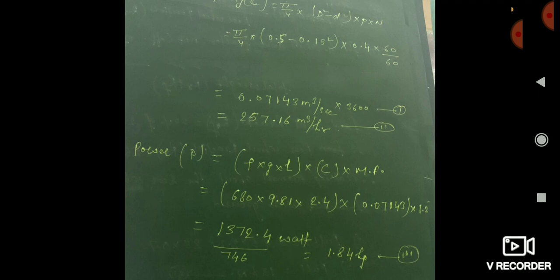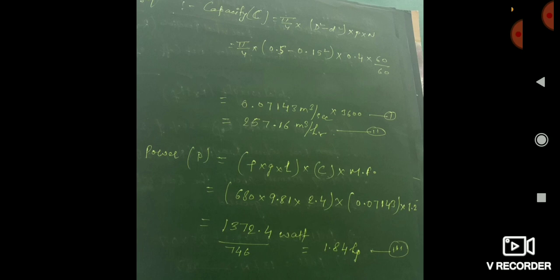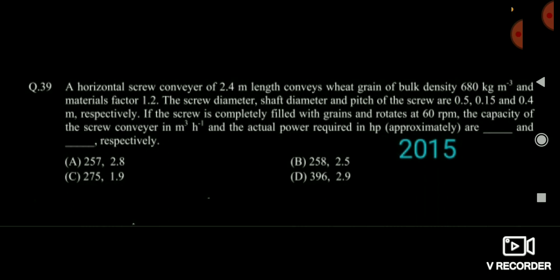Friends, in this question you see that material factor is given. So you should always remember that when material factor is given, while calculating power, we should multiply with material factor. That is 1.2 is given here in the question. So you should multiply with material factor. Friends, you see that in case of capacity, we don't have to do anything with material factor. We don't use material factor in calculating capacity. But when we are considering the power, then we have to multiply with the material factor so that we can get the answer, 257 meter cube per hour and